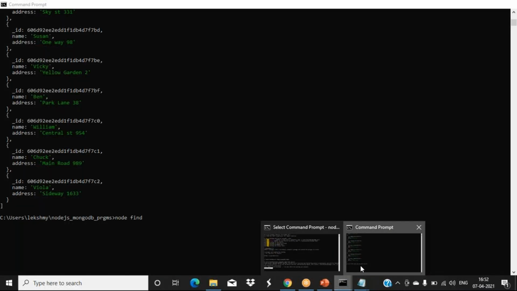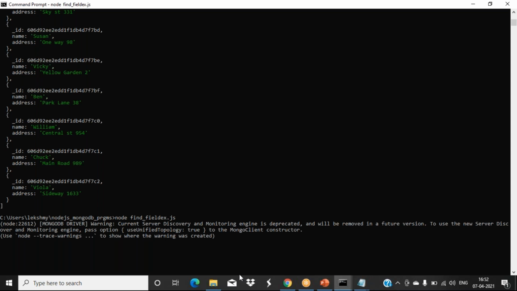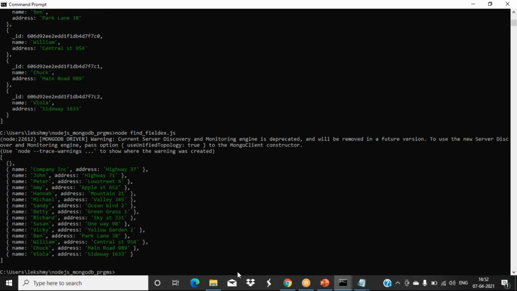So fine. In that what we have told is to ignore the id property. So only id we have given as 0, and the remaining we have given as 1 and 1. That means the name property we want to show and the address we also want to retrieve from there.